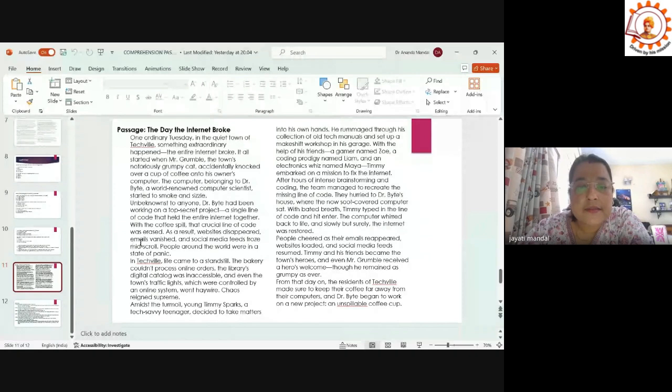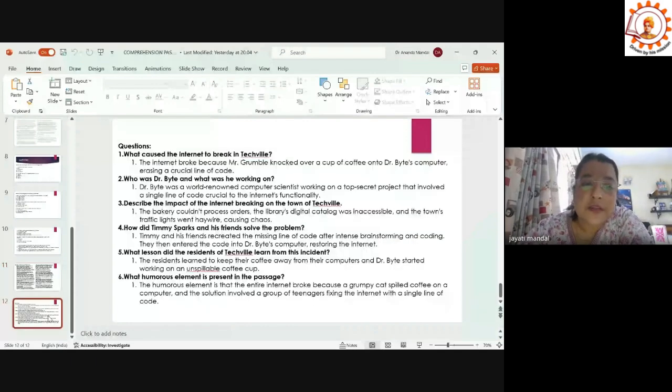Dr. Byte had been working on a top secret project, a single line of code that held the entire internet together. And here is the computer belonging to Dr. Byte, a world-renowned computer scientist. So who was Dr. Byte? There you got. Dr. Byte was a world-renowned computer scientist